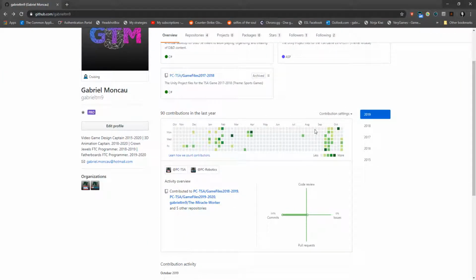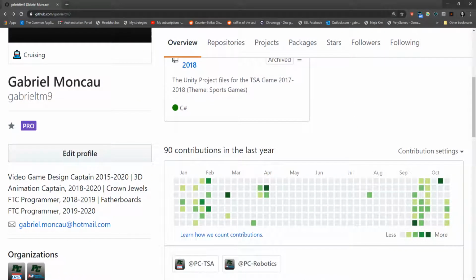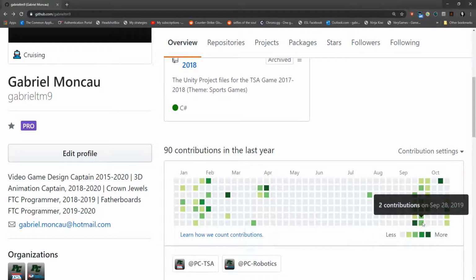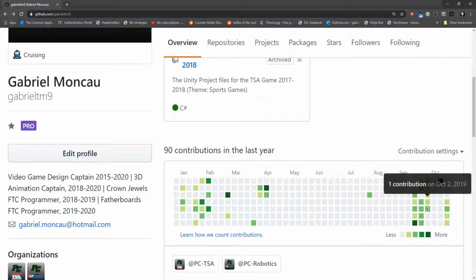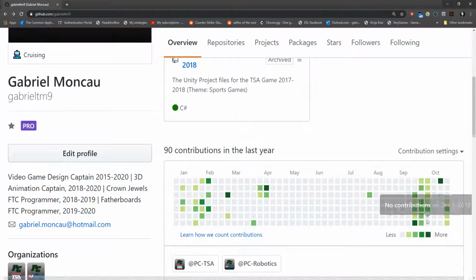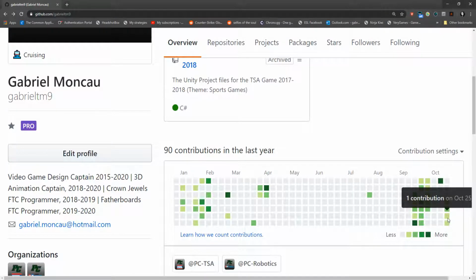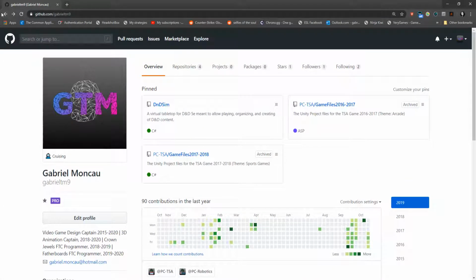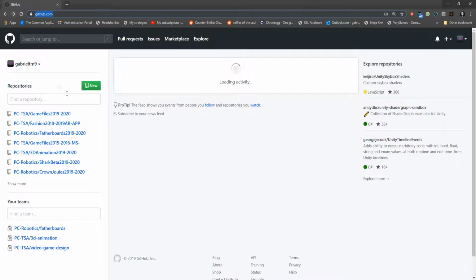At the start of this year, we had a lot of crunch time here. I was really excited, got all these commits in, all these contributions. Some of them were to other repositories, to be fair, but a lot of it was to this one. And then there was a bit of a dead zone here, and only recently have I started going back. But I can show you based on the commits how that's affected the actual